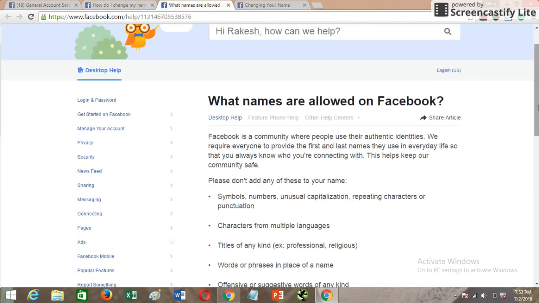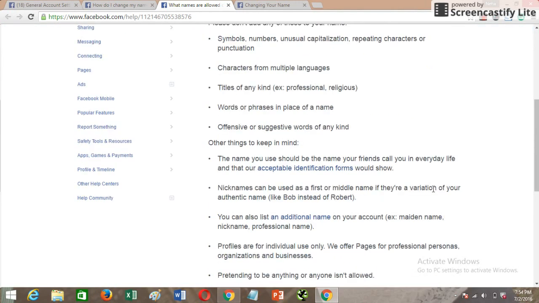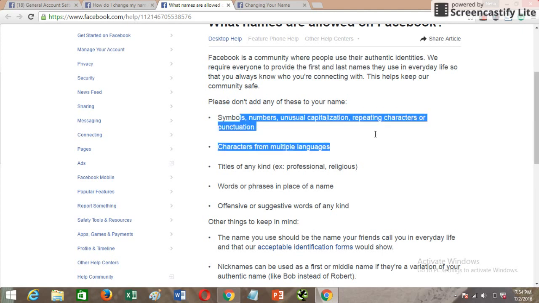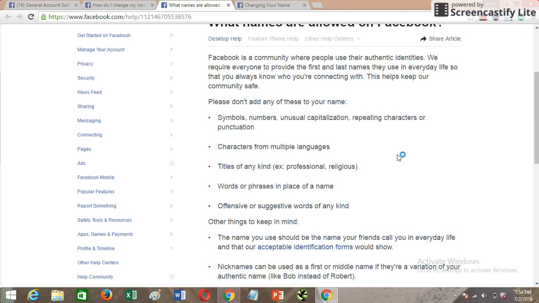And then what names are allowed on Facebook, right? Obviously the authentic identities and genuine names will be the best names that you can use on Facebook. However, there are a couple of types of names that you won't be able to use, such as symbols, numbers, unusual capitalization, repeating characters or punctuation, characters from multiple languages, titles of any kind like professional or religious, words or phrases in place of a name, and offensive or suggestive words of any kind.